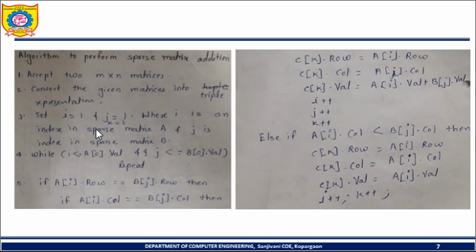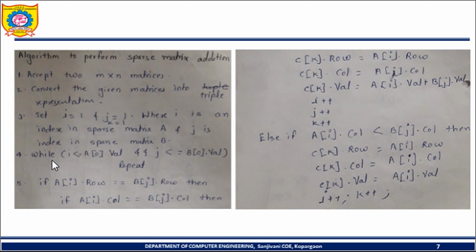If not, then we check which matrix has the lesser row value or column value. The matrix with the lesser row or column value, we take as it is into the resultant matrix, incrementing that matrix's index along with the resultant matrix index. The same thing we are going to do in the algorithm.